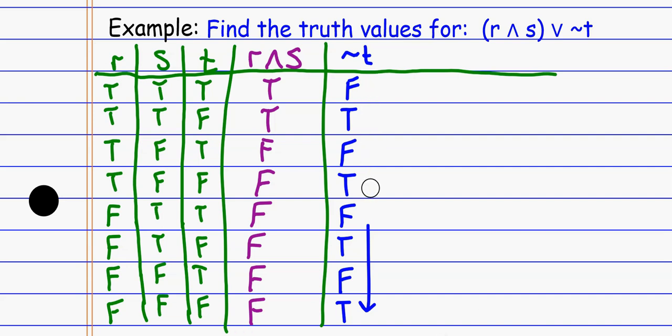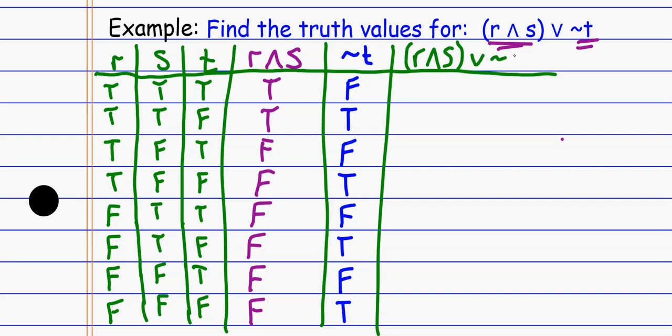And now I can run the whole statement, see? When you look at this guy right here, R and S, that's what I have in the parentheses. And then not T is what I have right here. So now when I run this scenario, I'm going to look at the two columns I just created to come up with this last guy. I'm going to say, okay, now I can run the whole statement. R and S